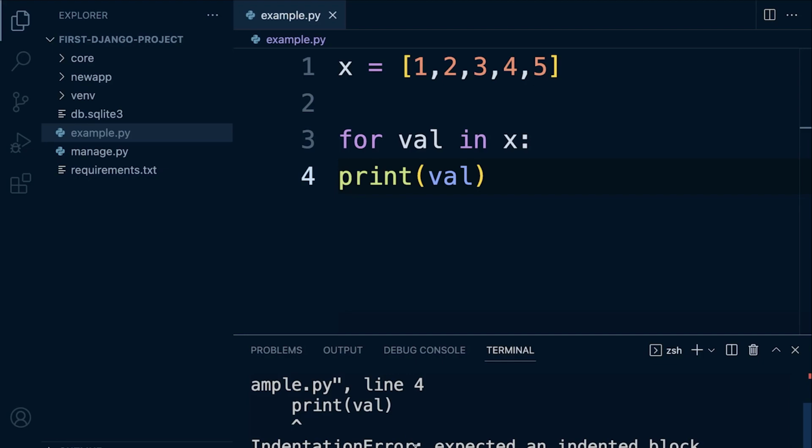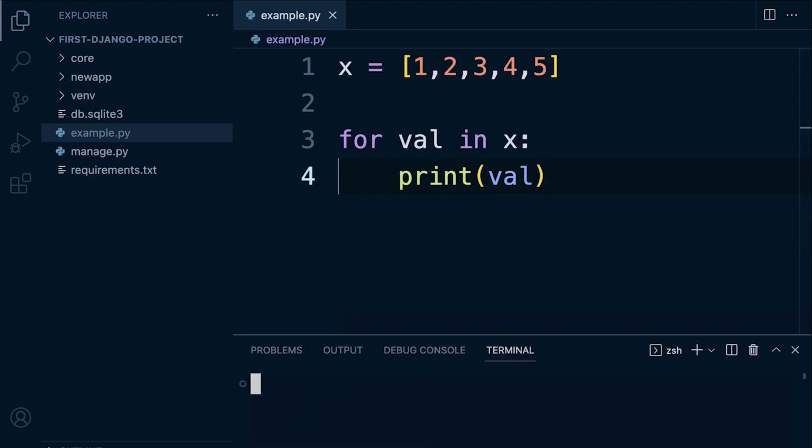Python gives us some information to let us know that we've made a syntax error here, and we need to create something that is indented. So if we indent that by using the tab key, and then try this again,